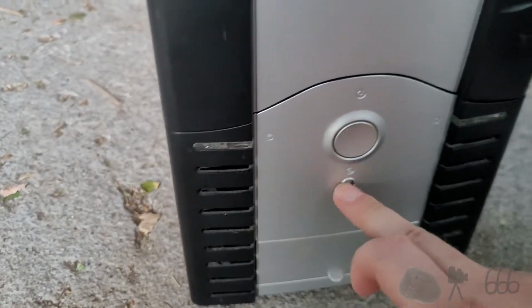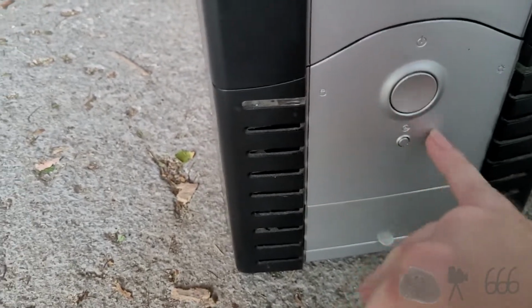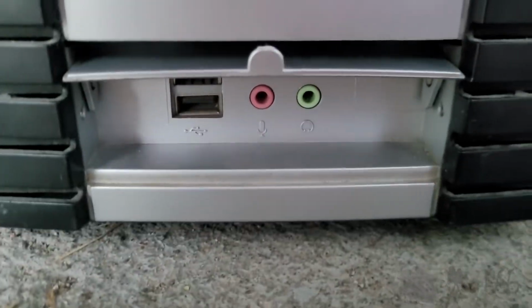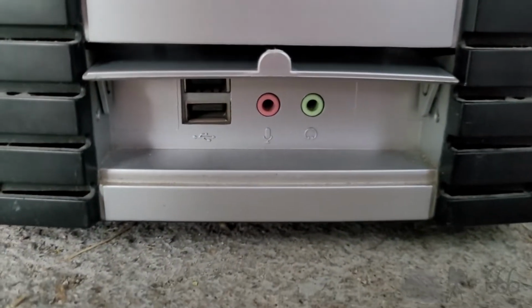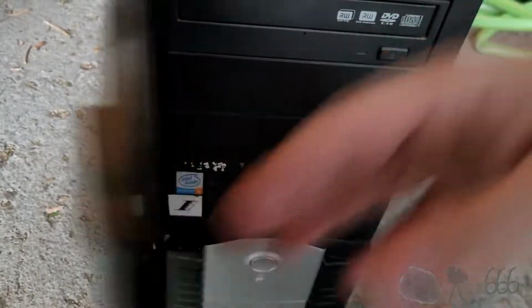This case, I'm telling you what, this is the epitome of a cheap and nasty case. Holy crap. Like, that reset switch, what is that? And you push the entire plastic faceplate in. It does at least have front panel USB, 2 of them, and audio jacks. If you push this, which sometimes doesn't even work,